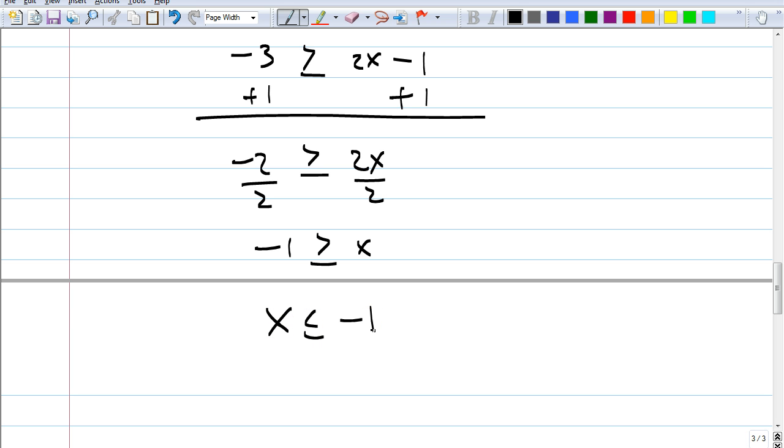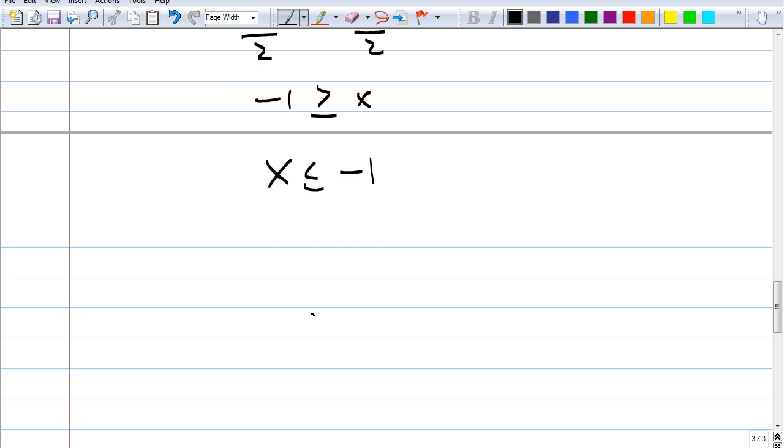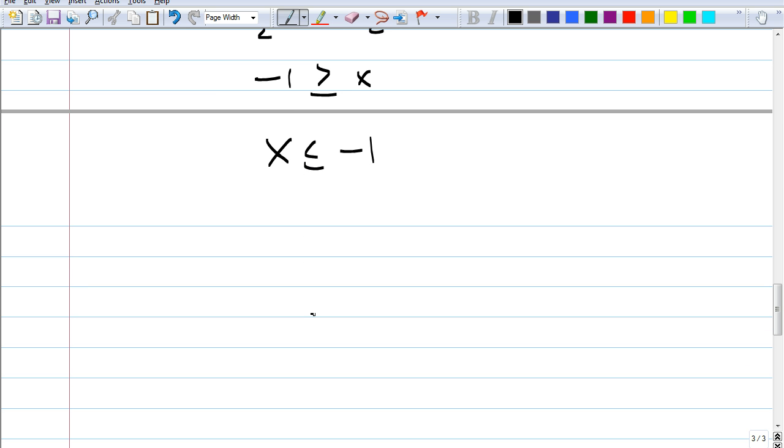Yeah, and I like you to do that because it makes more sense. Because look, it's opening towards the negative 1, so it's still opening towards the negative 1. I'm not reversing it, I'm just rewriting this. Do you see the difference? Yes. Why do I have to do that? It's because the normal way to read this is you don't read negative 1 greater than or equal to x. It's very hard to understand when you write it that way. But if you write x first, x less than or equal to negative 1, it makes more sense. Because when you graph,